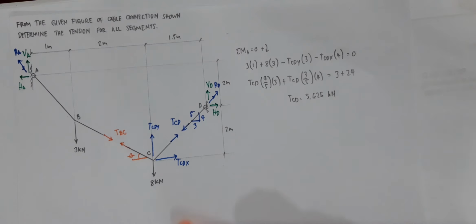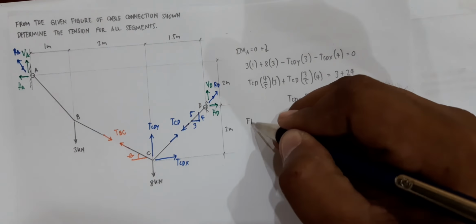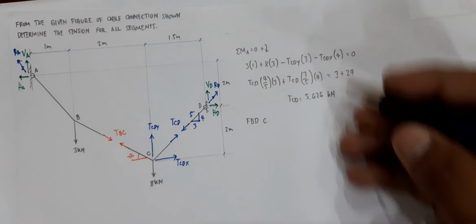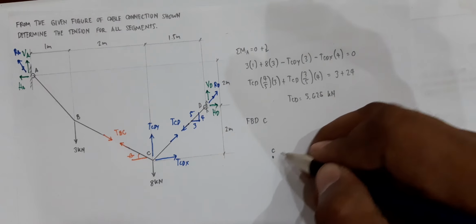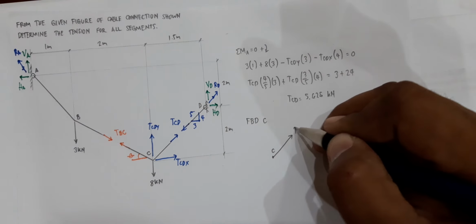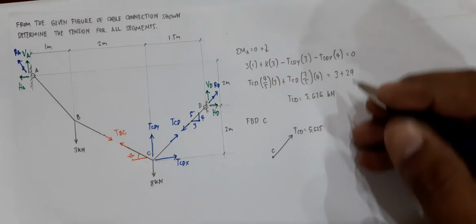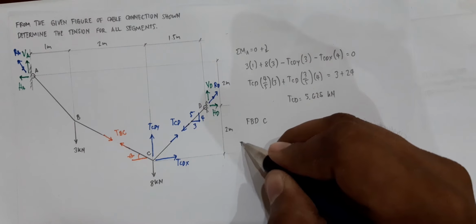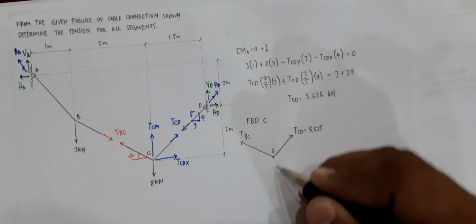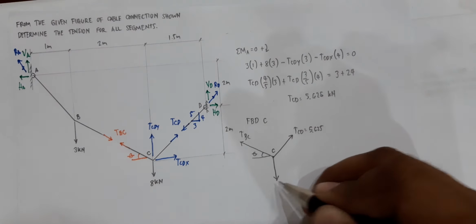Okay, so as shown in the figure, you can isolate and take this as one free body. You would have your free body diagram for joint C. You have your tension CD having a magnitude of 5.625 kilonewtons. Next, you have here your tension BC inclined at an angle of theta, and then of course you have your load, there, 8